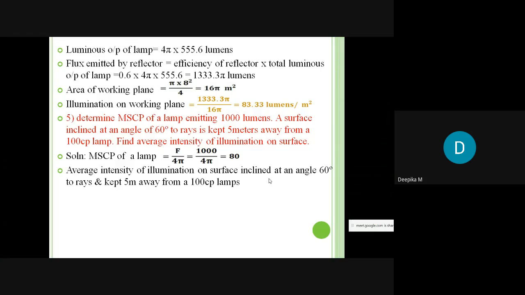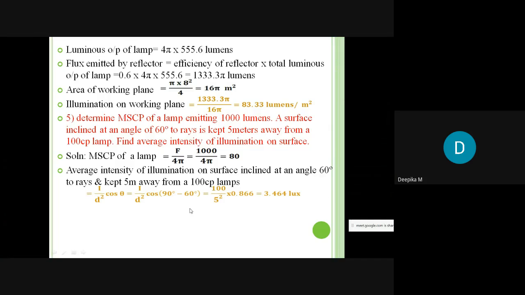80. And the average intensity of illumination on a surface inclined at an angle of 60 degrees to the rays and kept 5 meters away from a 100 cp lamp is nothing but what? By Lambert's cosine law, we can write the illumination as I by d square into cos theta. So here theta is nothing but what? Here they have given that it is inclined at an angle of 60 degrees to the rays, but this is not